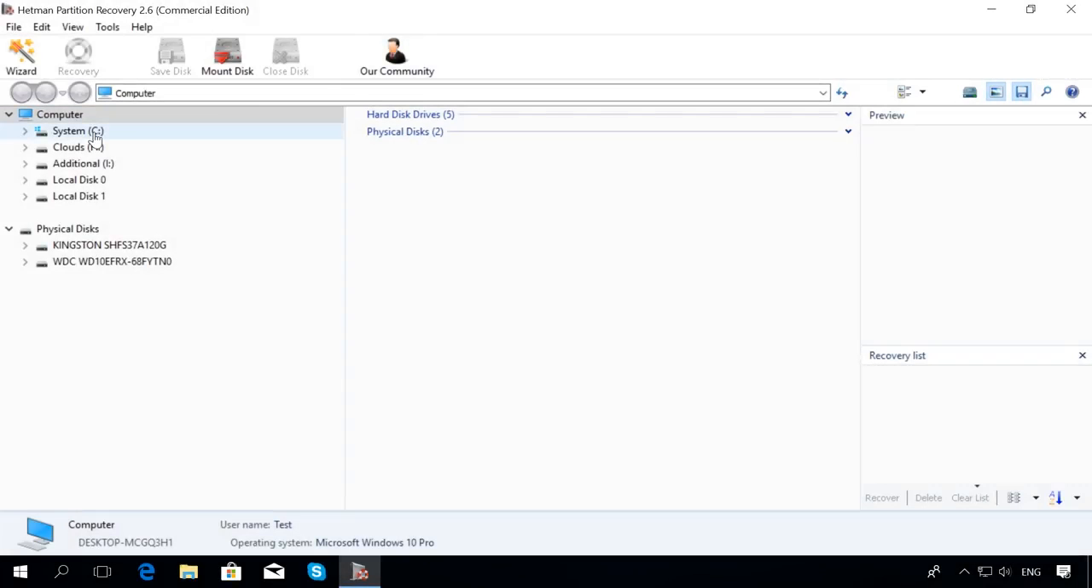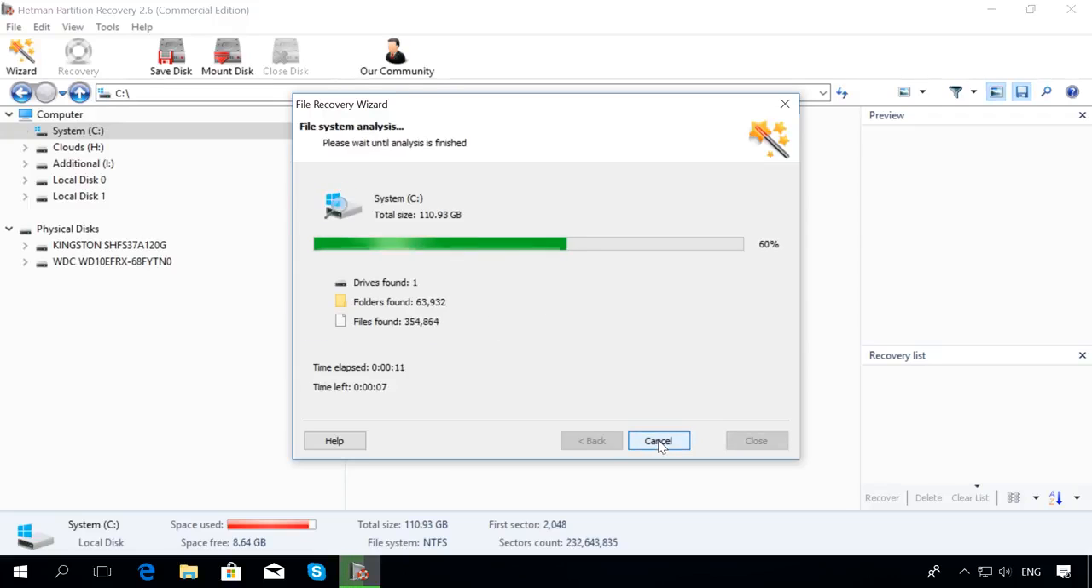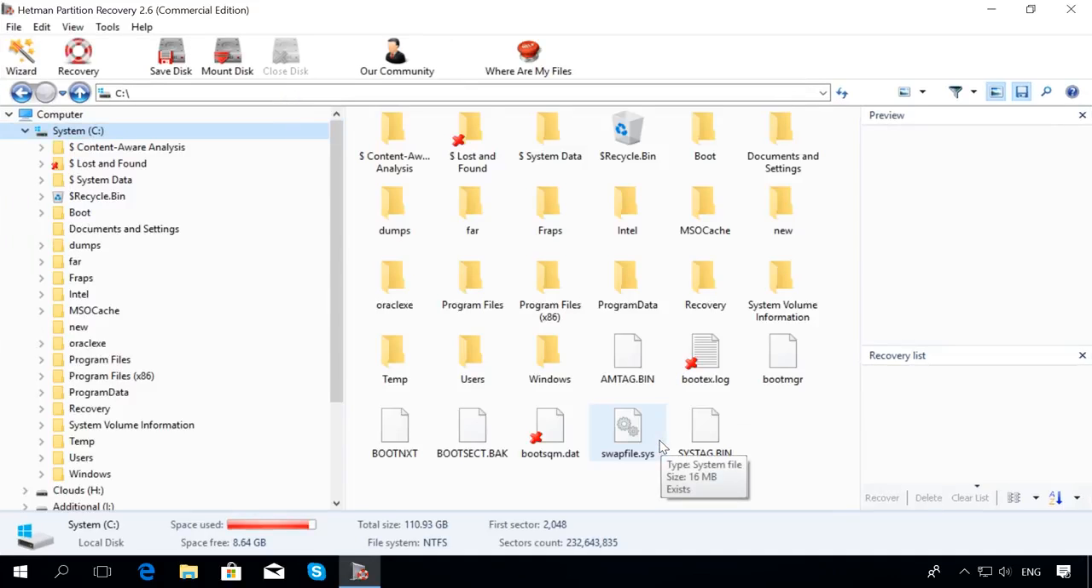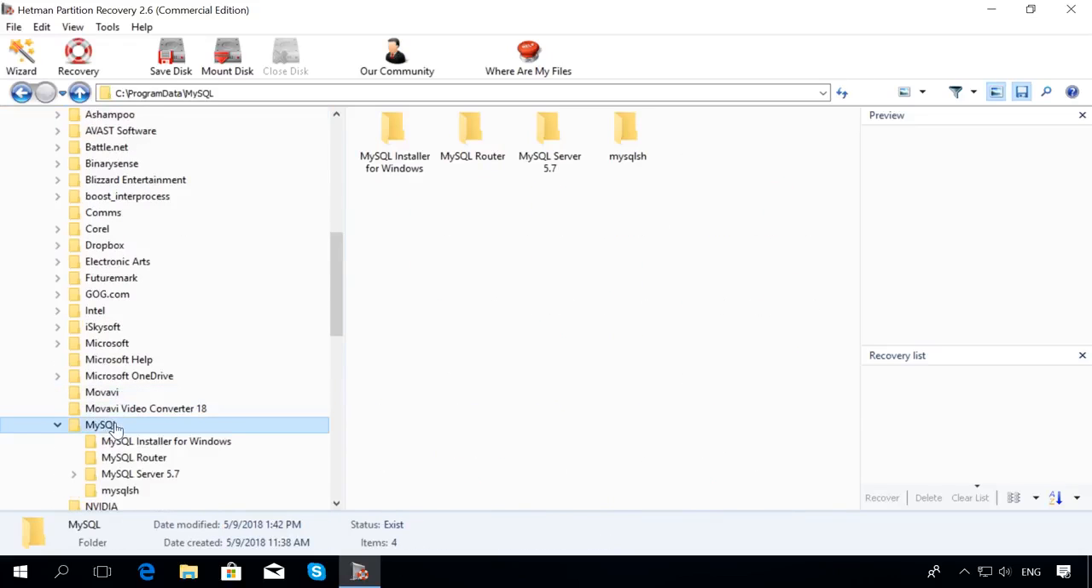Start the program. Click on the disk where the MySQL database was stored. The recovery wizard will start. Choose the analysis type and click Next. When the process is over, click Finish. Using the program, go to the folder C:\ProgramData\MySQL\MySQL Server\Data, or find the necessary database files